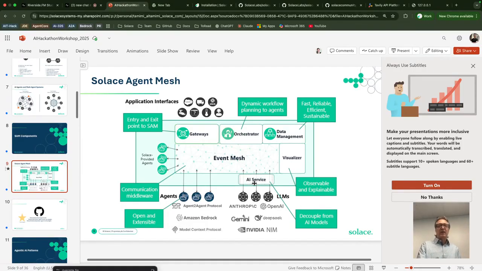Lastly, we have AI services. We use the LiteLLM client, which is basically an abstraction for all of the big LLMs that you can call. It will do some interoperability for you, so you don't have to worry whether you're calling Gemini, Anthropic, OpenAI, any of these guys.